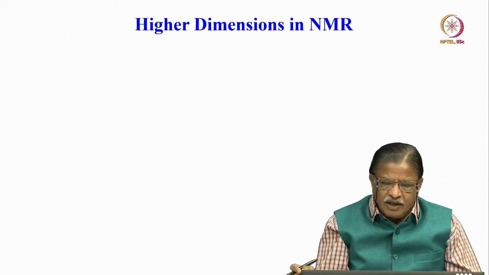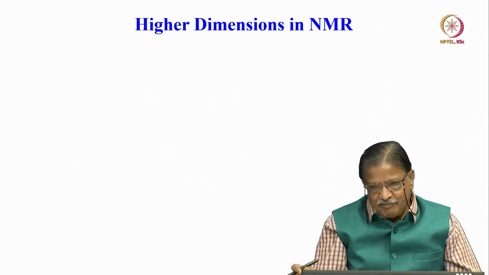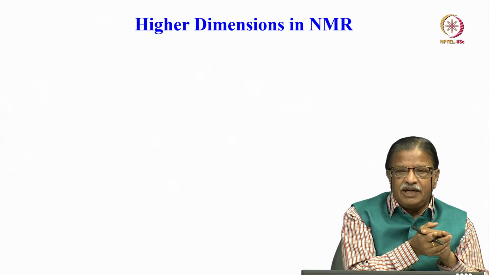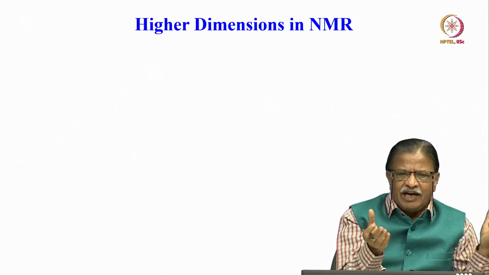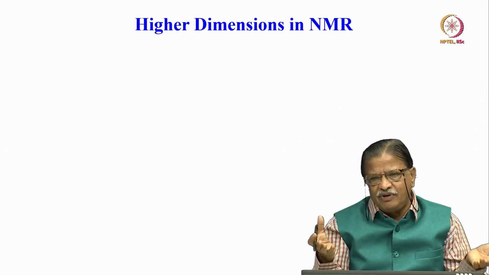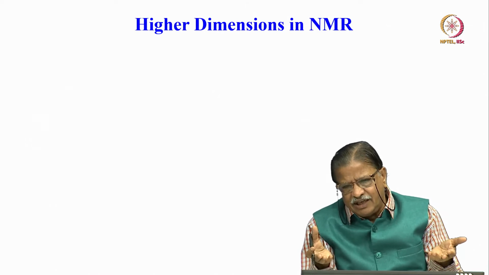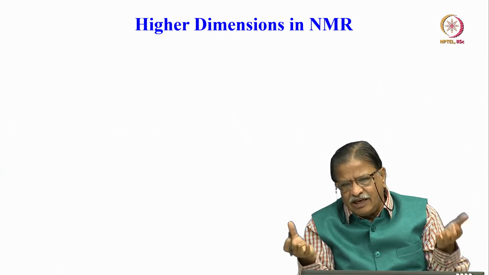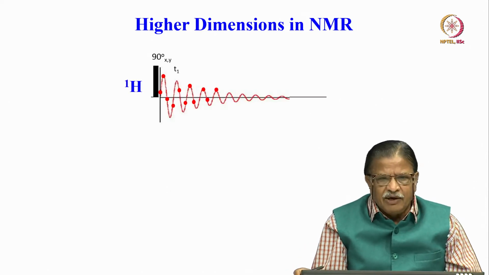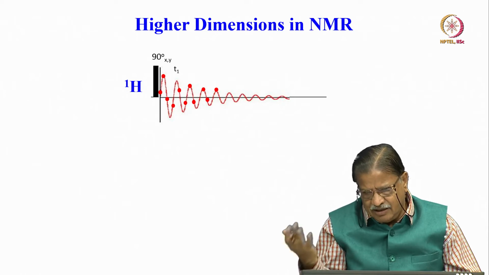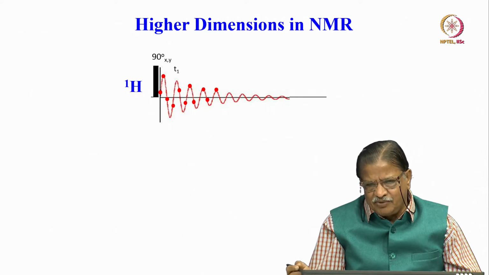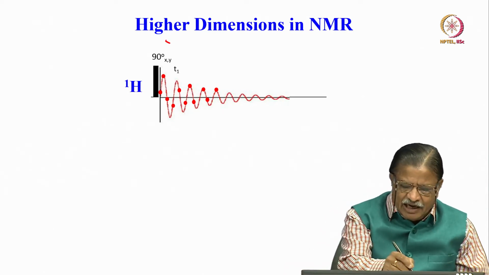You understand? Now, about higher dimension. Can we go even higher? We discussed 2D. Can I go to 3D? Can I have 3-dimensional data, 4-dimension, 5-dimension, n dimension? Why not? It is possible. But the only thing is, within the limit of complete decay of the signal, before it completely relaxes, you have to acquire all the data. So, there is a time limitation as far as the relaxation is concerned also. But you can have n-dimensional data. We will consider how we represent the 2D and 1D, 3D, etc. in the higher dimension of NMR.